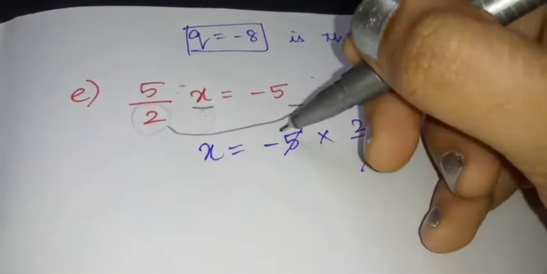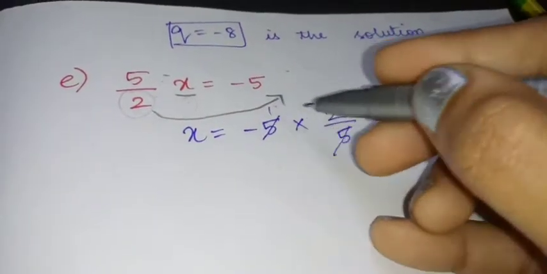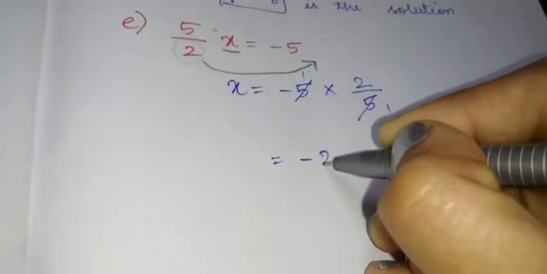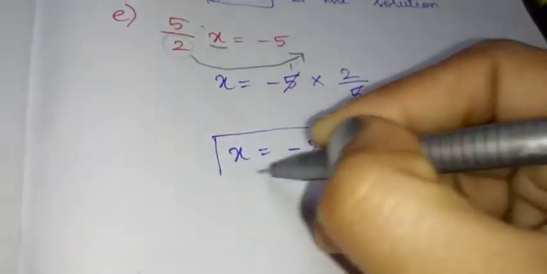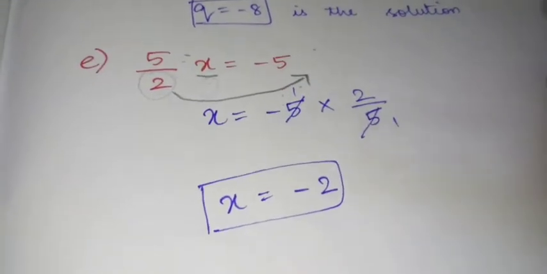Yes, because it is a numerator and it is in the denominator, cancel it 1 times. So minus 1 into 2, minus 2. So what is the x value? Minus 2 is your x value. Minus 1 into 2. Listen, children.